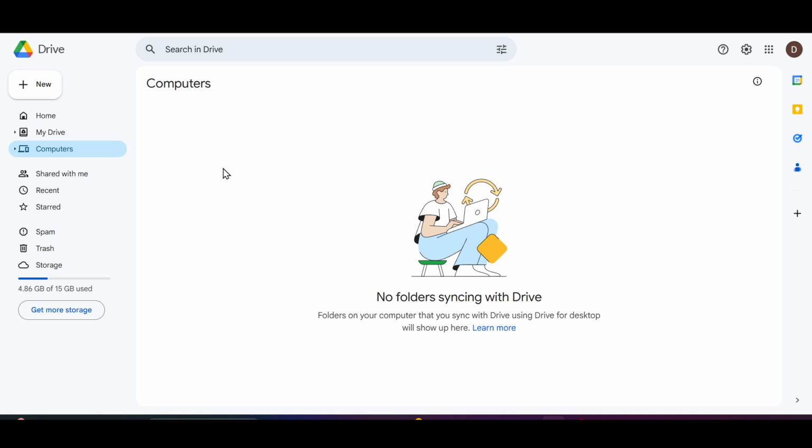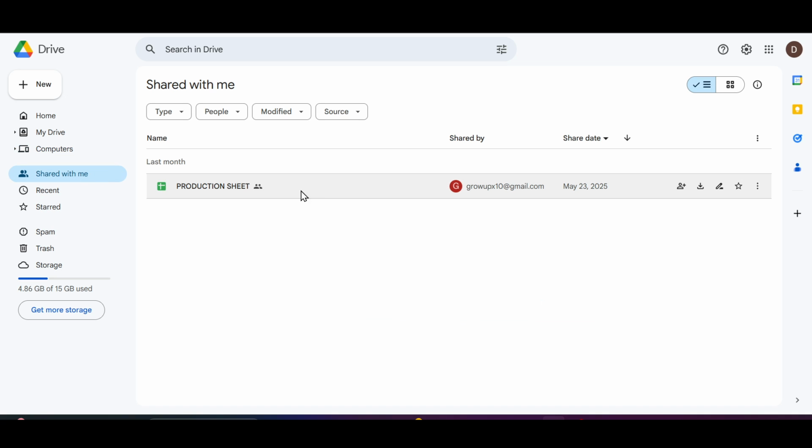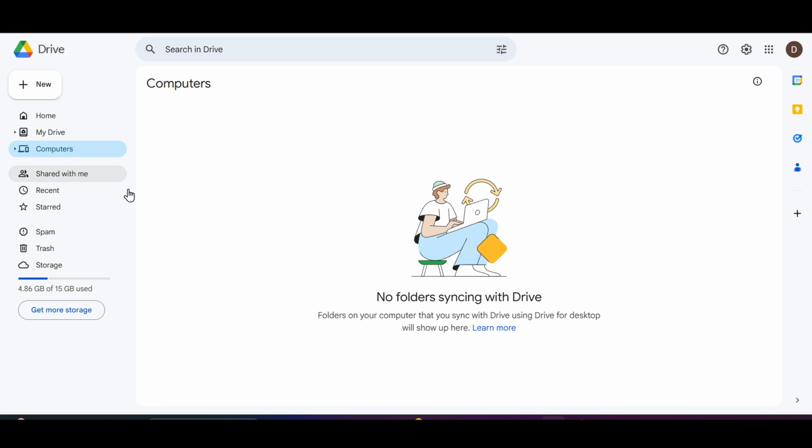Now from here, on the left side, you can see the option of Shared with me. Here are the videos and audios and files that are only shared with you. And if you want to share them further, you need to send a message to ask the user to send it further. Now, let's say this is the file that I want to send further,